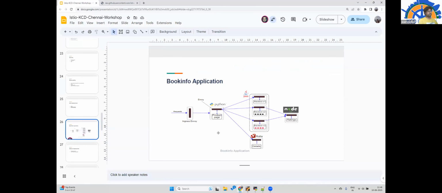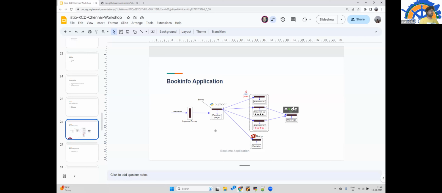So as Asif was explaining, one of the basic problems with the monolithic application was that the stack was very specific to some language or something like that. With microservice architecture, you can choose your stack. So this is the application which we have. The complete solution has multiple different kinds of language stacks, and through service mesh we are able to serve the complete end-to-end functionality of this particular application.